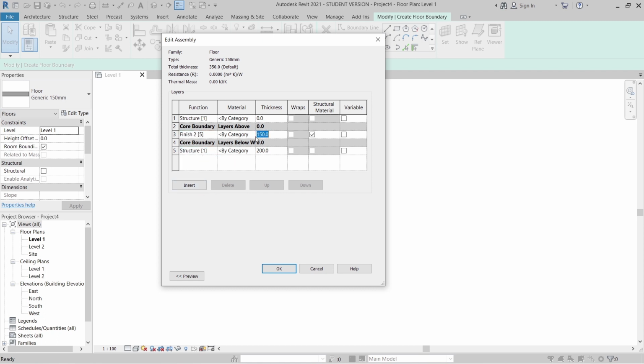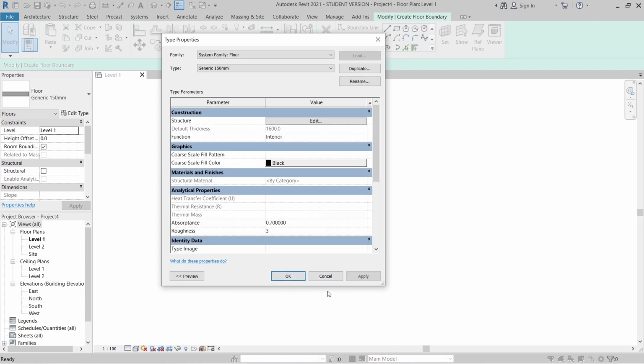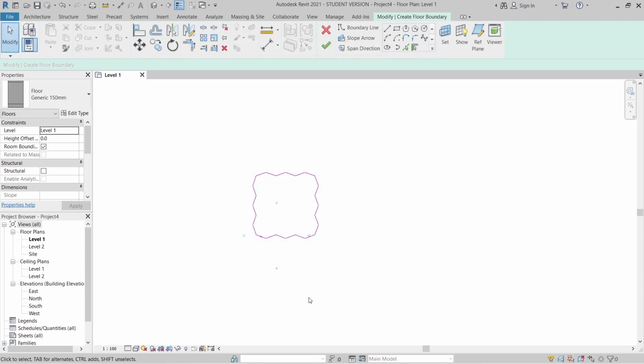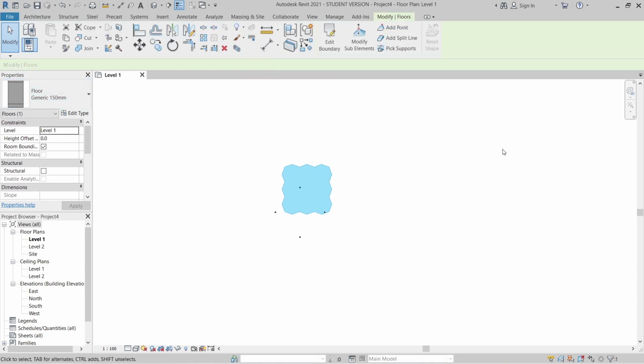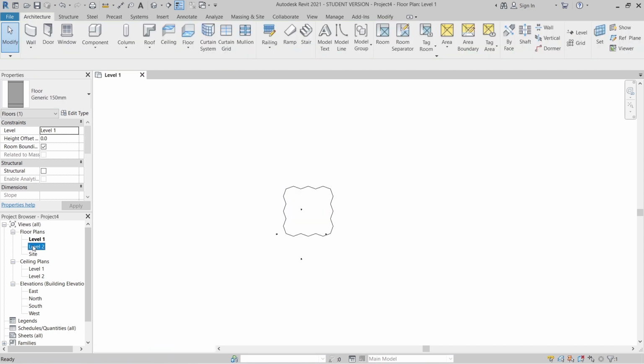We zoom in for the brick wall. Then I will make the brick wall height from the slab until the top about 1.3 meters. And for the last one, I will consider this one for tiling or cement sand, so I will make it about 100 millimeters. Hit up, hit OK, hit apply, and OK again. It's perfect. As you can see here, we got a preview here. Then I can hit finish. And what I'm going to do next, I can go to my level 2 here.